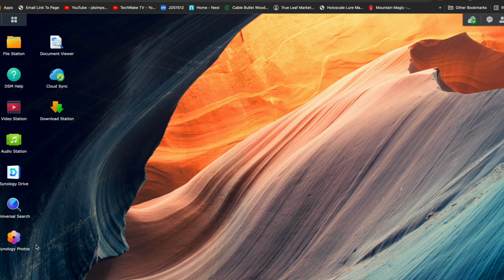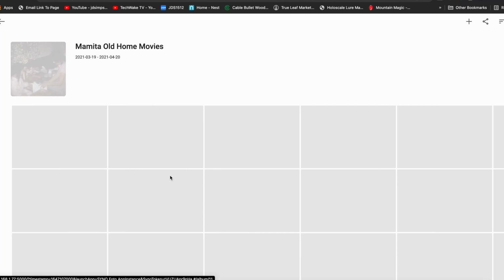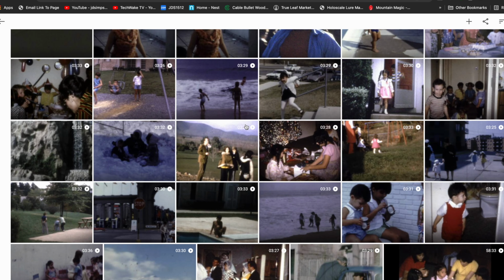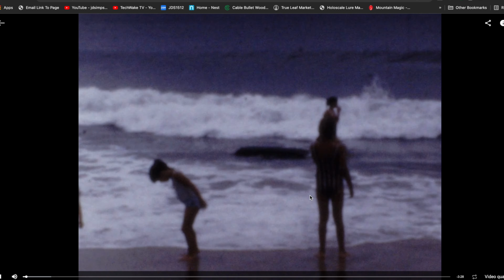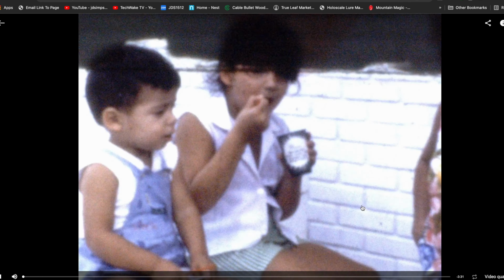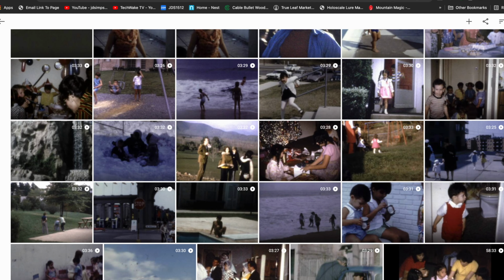And the other thing is it has an auto sort and an auto organization tool. So when you put all your photos that have been on a hard drive for years that you haven't been able to get to, you're going to be surprised just how easy it is to view things. I just want to show this one thing off because it really makes me proud to have it. My mother-in-law had these Super 8 videos from way back. I'm talking like in the 50s. I have videos that basically were on these reel tape things, and I took them over and got them transferred, made into MP4s, and I'm able to let her watch some of these old videos of her kids straight off my NAS. It's really awesome. So you guys will really enjoy that.